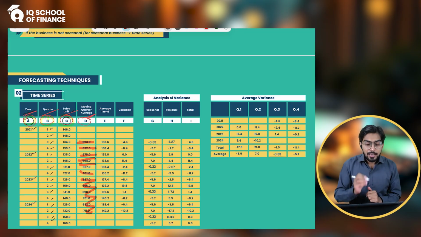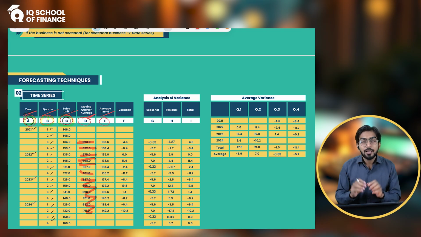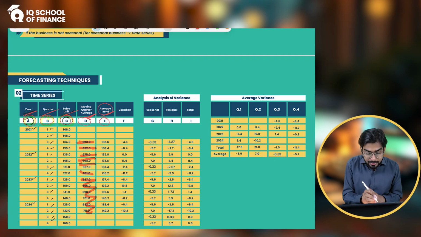Let's move ahead. Now stay focused. Now we have column E, that is called the average trend. Now you need to actually calculate how the average trend is calculated. Let me tell you, now you're talking about something average. So how would you calculate the average trend? The average trend is calculated by dividing the moving quarter average